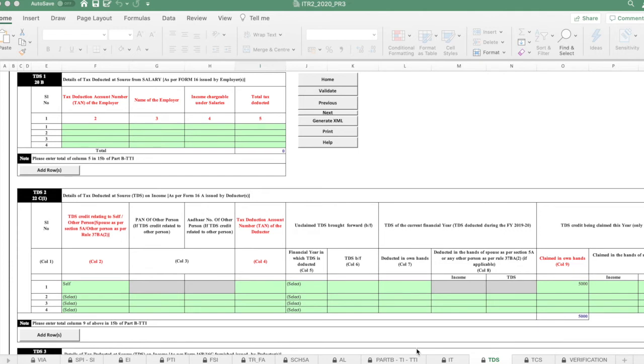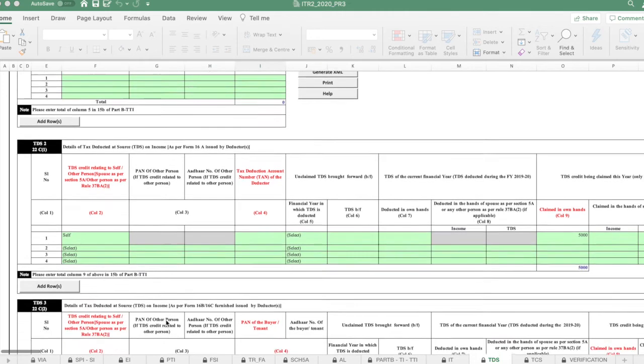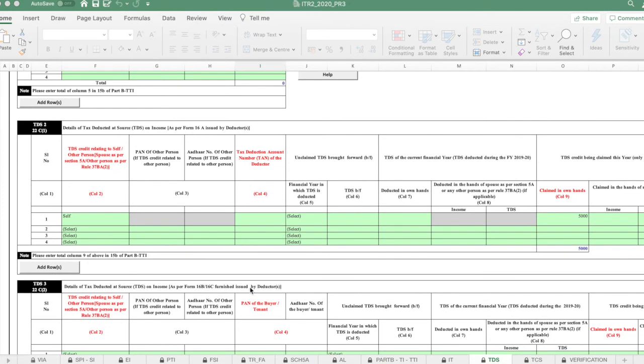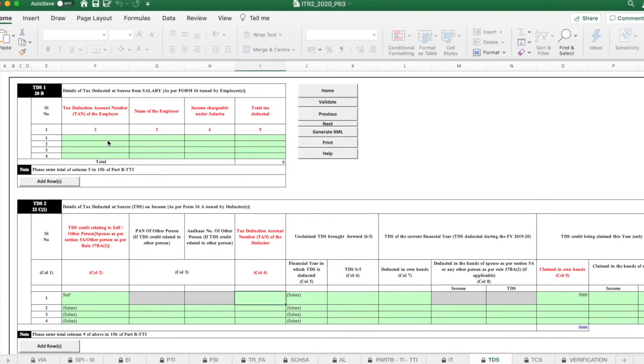If not uploading the pre-filled XML, then you have to manually enter the details in the TDS1 section for the salary, TDS2 for the bank interest, and TDS3 for the capital gain TDS deducted. So here in TDS1, you have to mention the TAN ID of the employer, which will obviously be available in Form 26AS. You have to type that. I'm just giving a random number just for demo purposes.